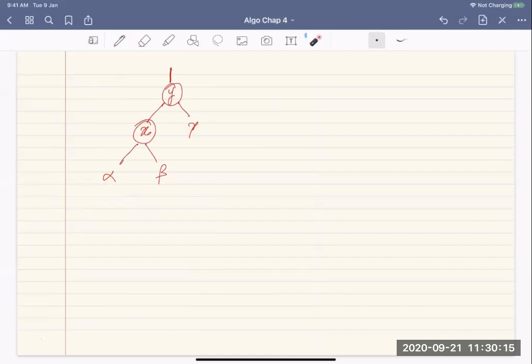Now when I do rotation with respect to the root of the particular subtree I am considering, I can talk about doing a right rotation of this. Say right rotate, and suppose t is the tree under consideration with respect to y.